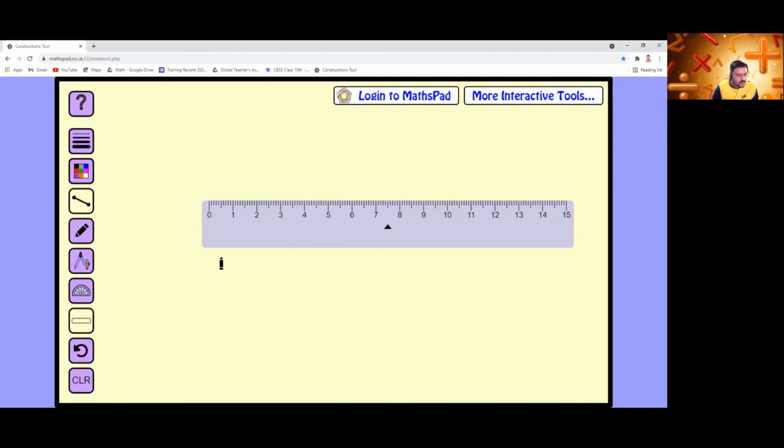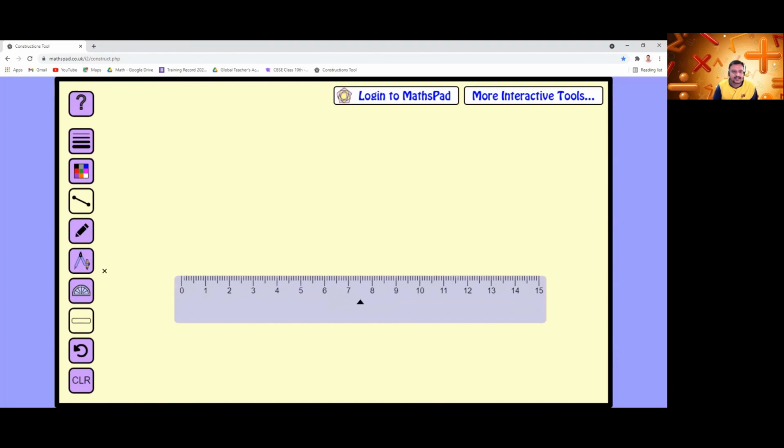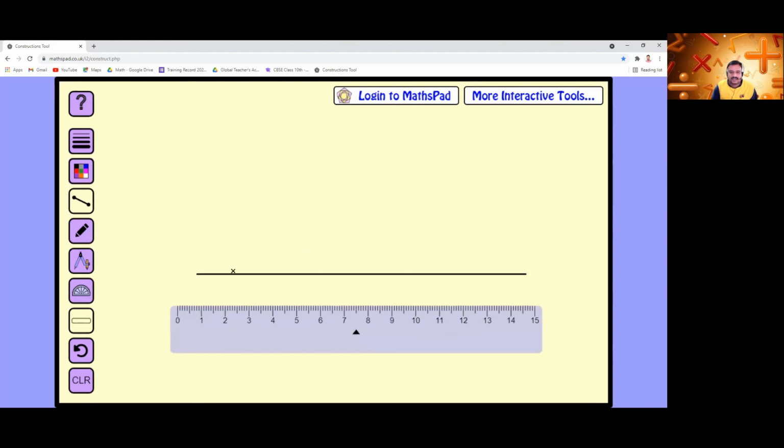Now what they have said: draw a line of the following measures. So the first one is what? 3.5 centimeter. You have to make a line of 3.5 centimeters. So first what you will do? You will draw one straight line here. Suppose this is your straight line. Now what will you do? You will mark any one point on this line, or you can take this point as the start point.